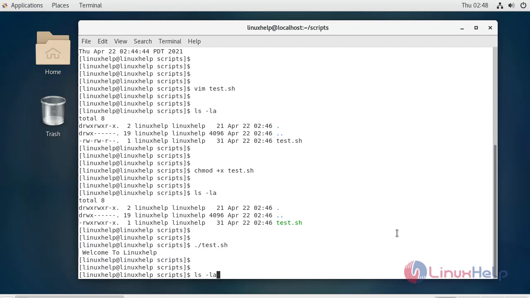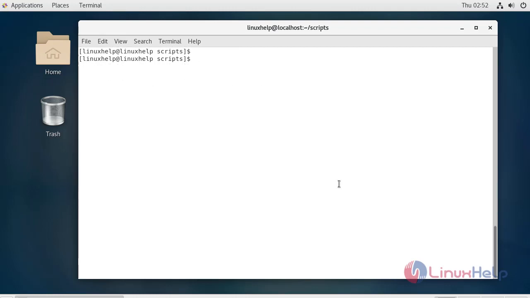List the directory. Next, I am going to create one more file, test1.sh. In this file, I am going to take the output of the present working directory list and store it in the store.txt file.